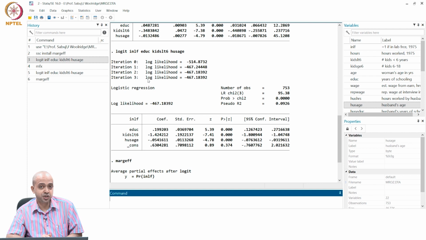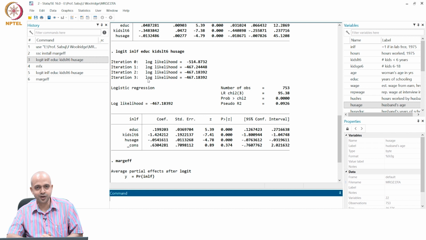So, whenever you are estimating this type of qualitative response model, please remember to report the marginal effects, both the two types of marginal effects, and you should also interpret. In a standard model, since the beta hat coefficients are a direct measure of marginal effect, we do not need to mention anything else. But in the logit model, in a qualitative response model, since beta coefficients are not a direct measure of marginal effect, we need to specifically report the marginal effect, otherwise your research would be incomplete.